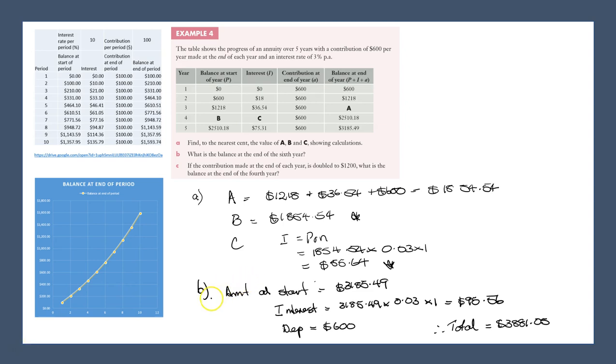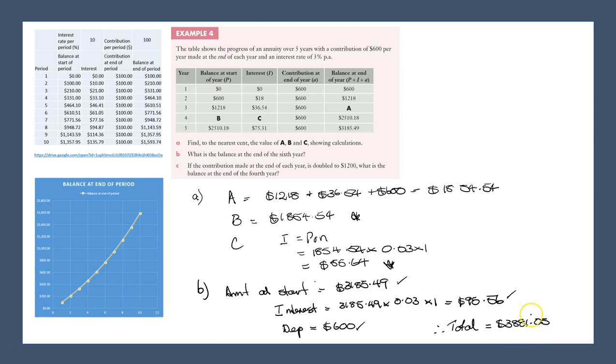So to answer B, we need to bring forward the balance from the end of the 5th year, and so we've got $3,185.49. It's going to earn interest, same rate, which gives $95.56. Remember, another deposit will take place at the end of the 6th year, and when we total up these three amounts, we get